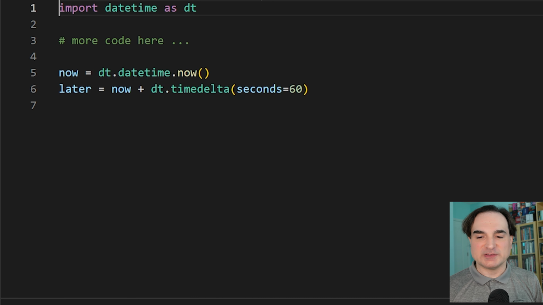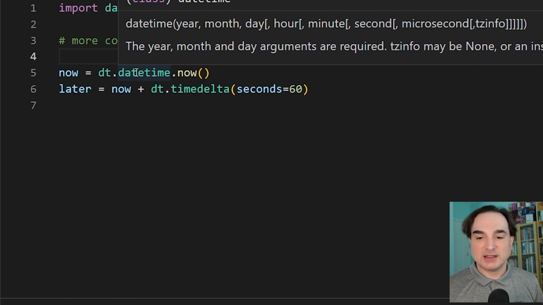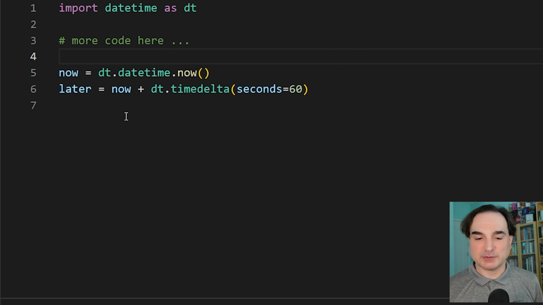The other approach is inspired by what some people do with the NumPy library. With NumPy, a lot of people will say import numpy as np. So what we can do with datetime is say import datetime as dt. And this way, dt refers to the library, and datetime will only ever refer to the data type when we do import it. So this way, you can always see at a glance exactly what's being referred to.